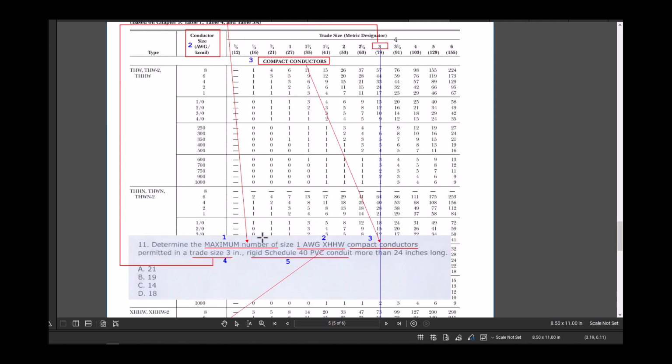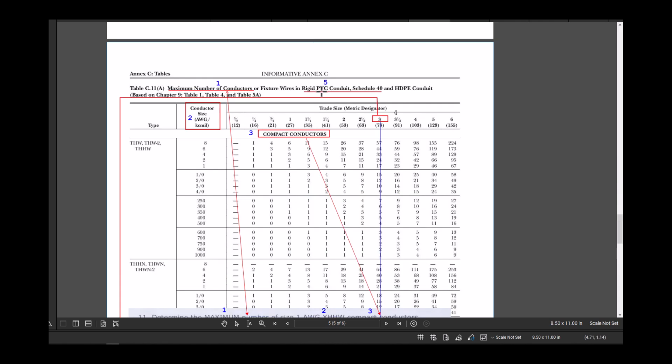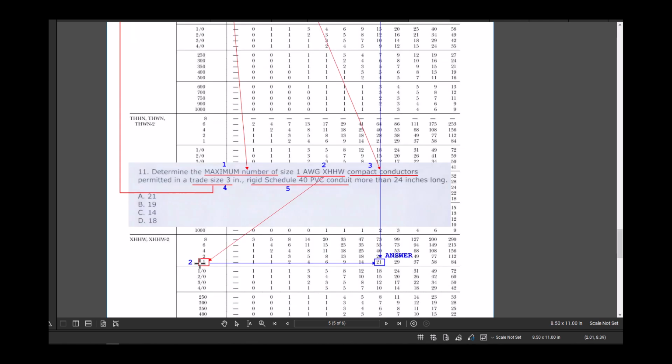Now we read the rest. Permitted in a trade size 3 inch, trade size number 3, and we just mark it as a 4. If we go here, you see number 3, trade size schedule 40 PVC conduit. Number 5, which is PVC conduit schedule 40. And finally number 1, XHHW, which is the wire we're looking. Number 1 gauge,